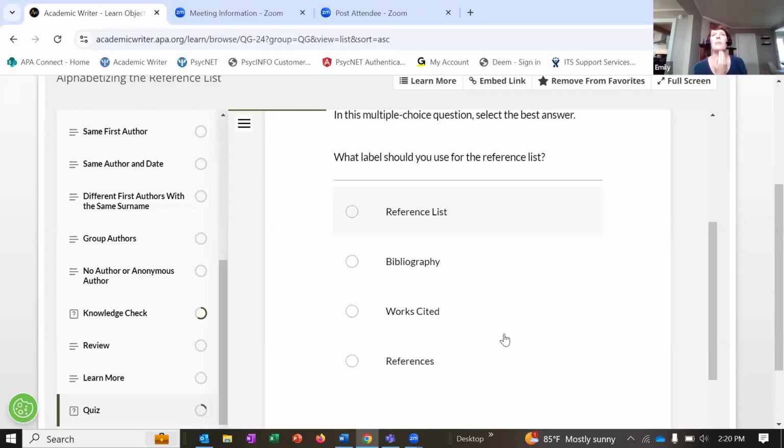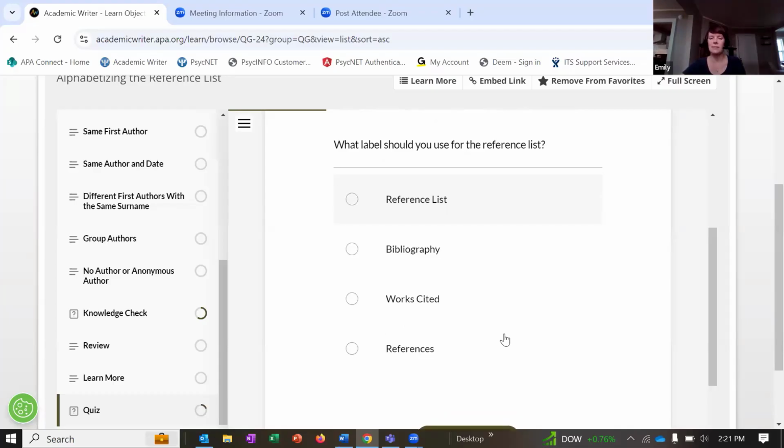So the answers won't just all be out there to share and to repeat. And with these, the questions are also randomized. So if they go to retake the quiz, the questions will be in a different order. It mixes them up, so it's not the exact same quiz that they're taking again.